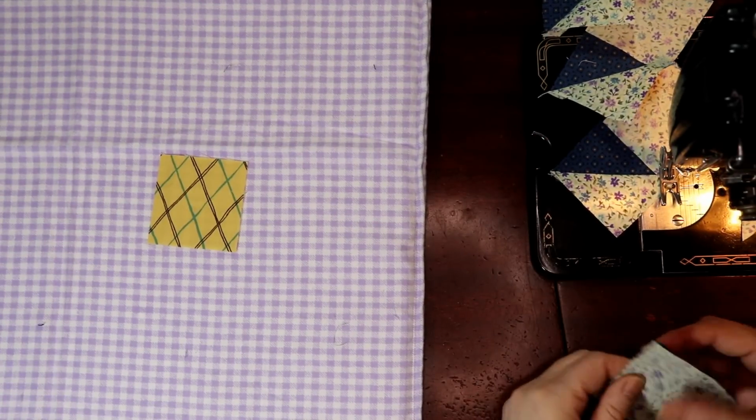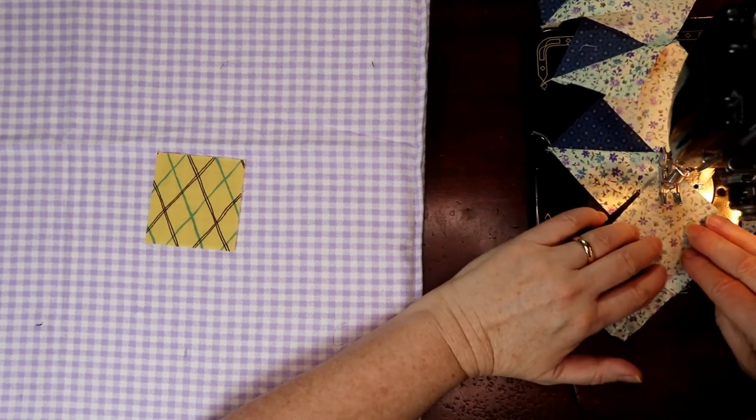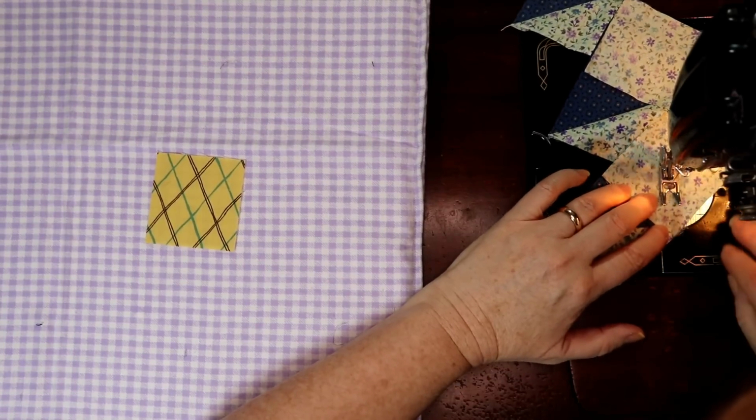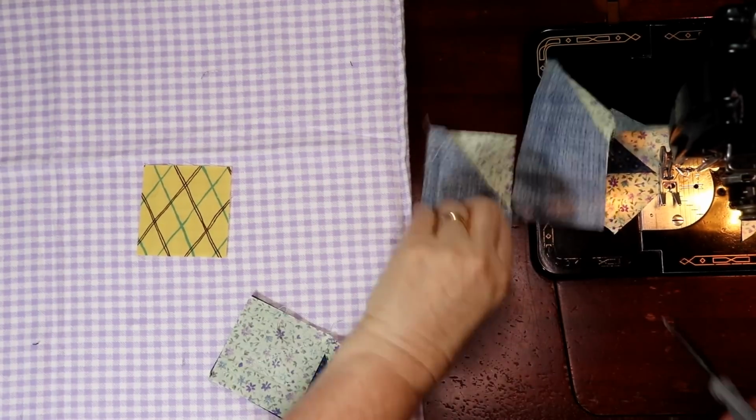Because this is all done by partial seam. And partial seam is so simple, right? And people shy away from it because they're like, I don't understand how it goes together. Well, we're going to show you right now. Okay, so